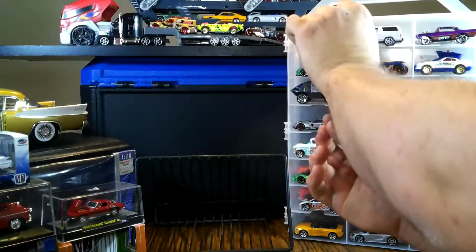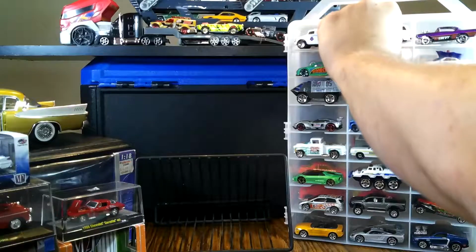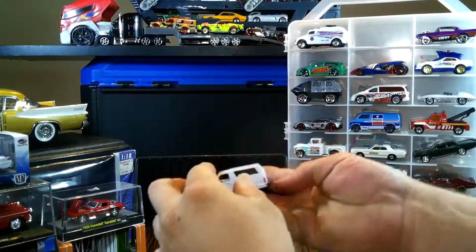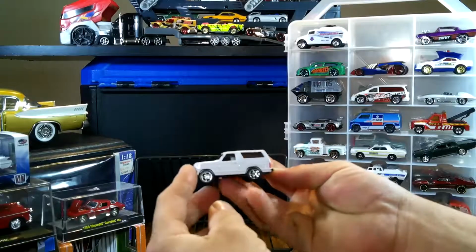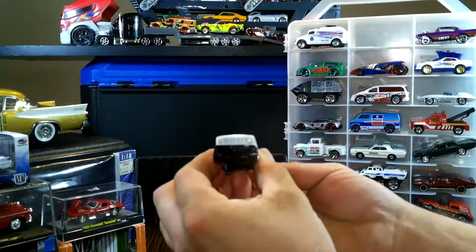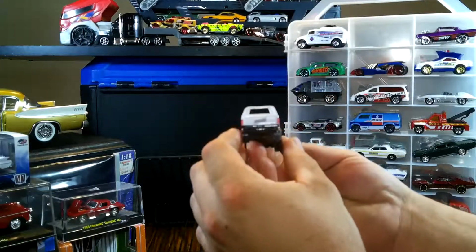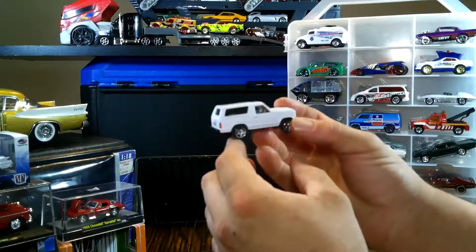The next one we have is from Racing Champions, an 80 Ford Bronco. Look at this, Dad. An 80 Ford Bronco from Racing Champions. That is cool. We've got some Ford trucks we're going to be pulling out before long from some of the Racing Champions and some of the...